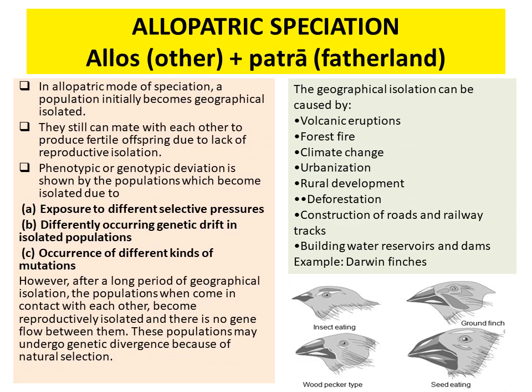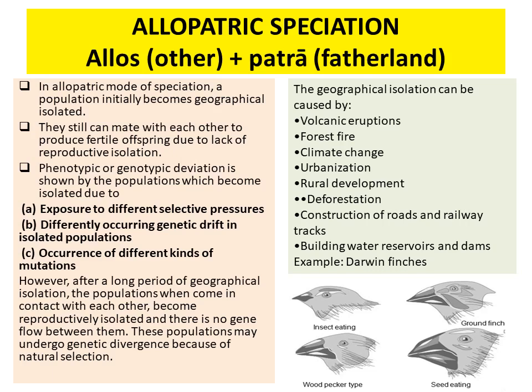First type, allopatric speciation. Allos means other, patra means fatherland. So in allopatric speciation, a population initially becomes geographically isolated. Geographical isolation may be caused by a volcanic eruption, forest fire, climate change, urbanization, rural development, deforestation, construction of roads or railways, building water reservoirs, for example dams, right? So there is a geographical isolation, and the species cannot